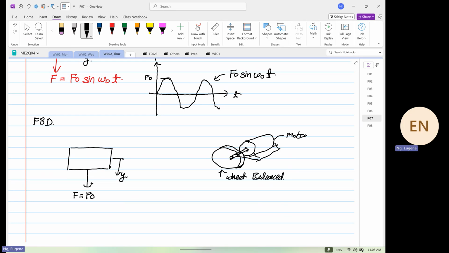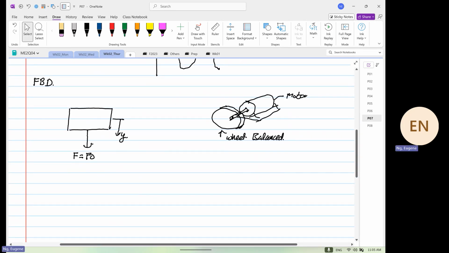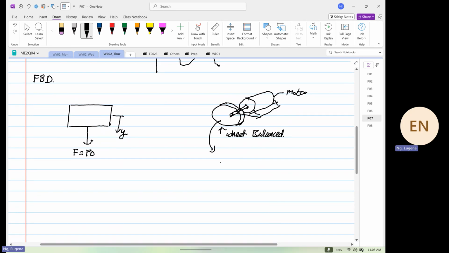The answer is no, because the wheel is what? Balanced. However, if now I were to take out this wheel and I were to cut